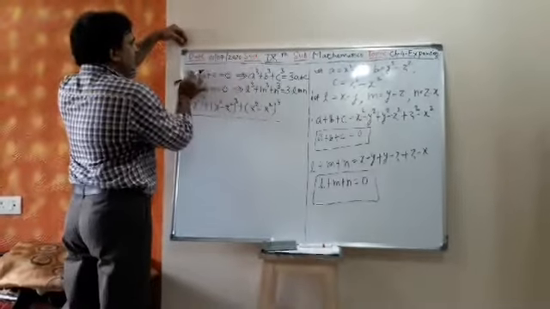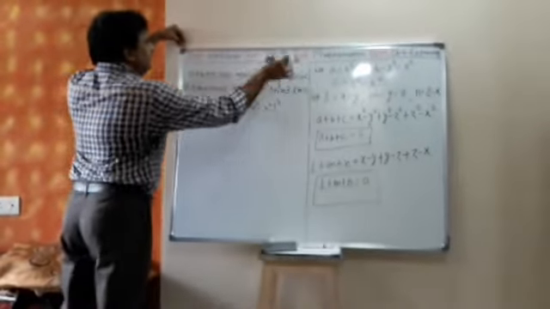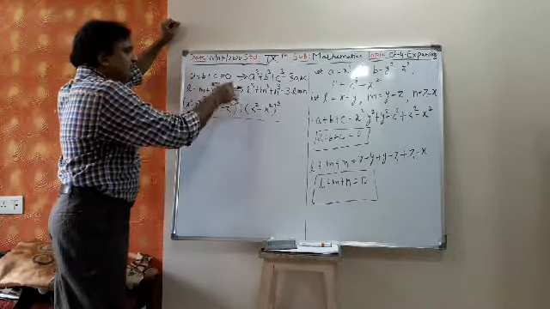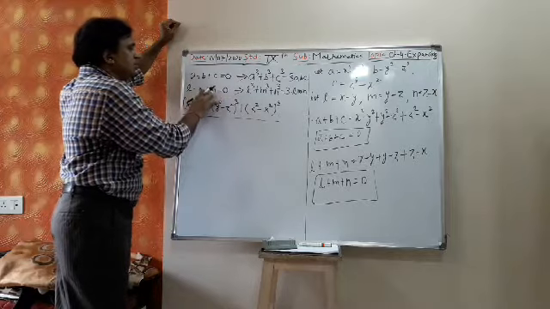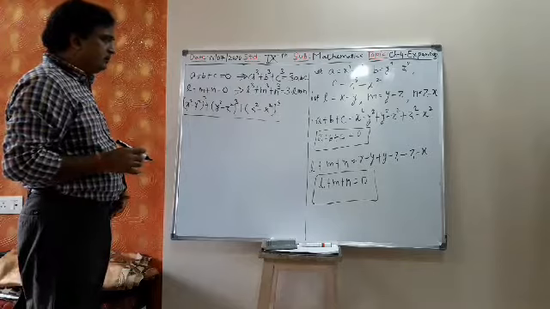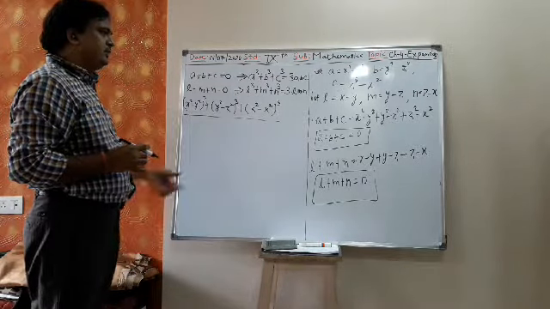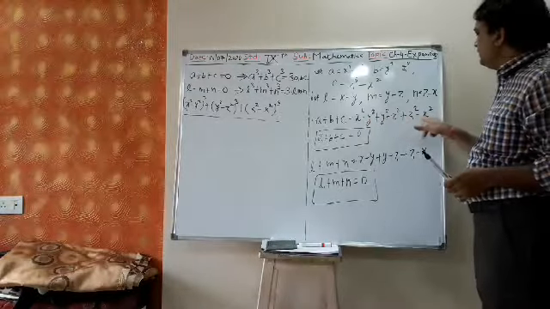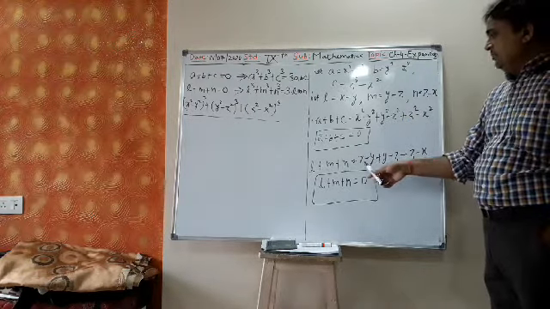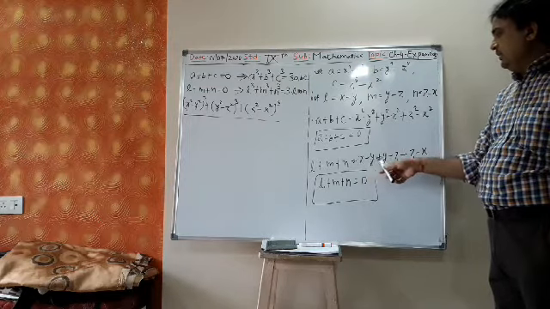So when A plus B plus C is 0, the result says that A cube plus B cube plus C cube will be 3ABC. Similarly, when L plus M plus N is 0, the result says that L cube plus M cube plus N cube is equal to 3LMN. See there, A plus B plus C is 0 because minus y square plus y square get cancelled, minus z square plus z square get cancelled, x square minus x square get cancelled. Answer is 0. Similarly, L plus M plus N is also 0. Minus y plus y get cancelled.